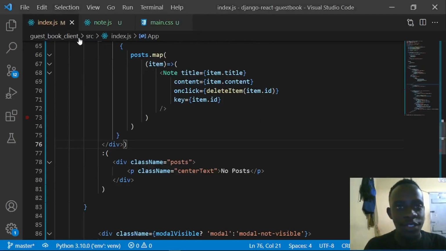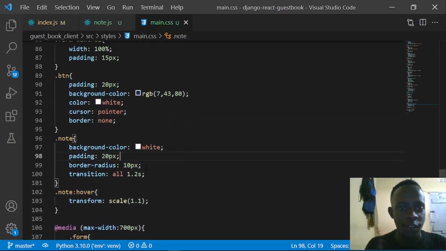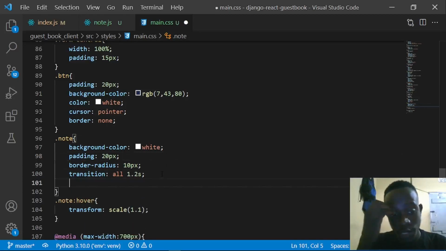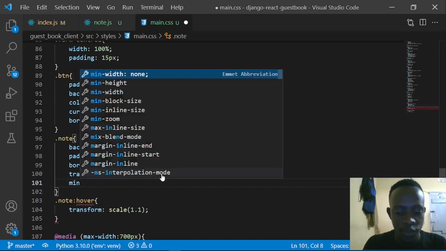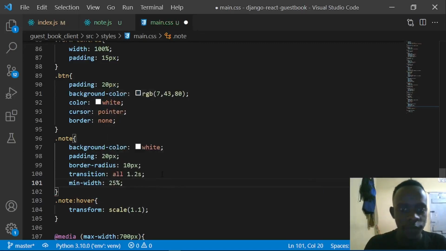But what we need is to specify the styles for our post. So when I go back to our main.css, I'm going to set the width of every post, or every node in this case. What we're going to have here is our min width, and that min width in this case is going to be